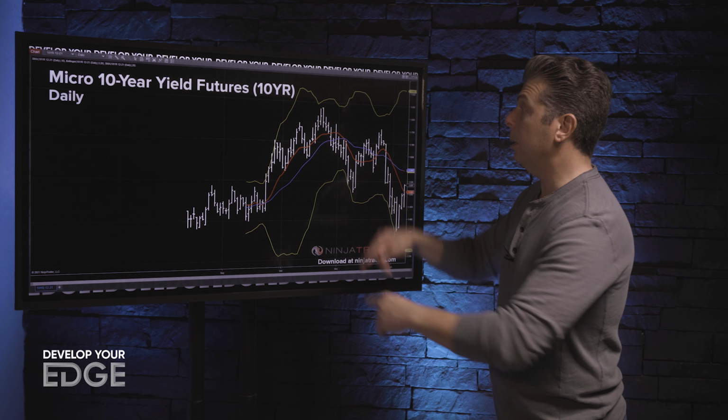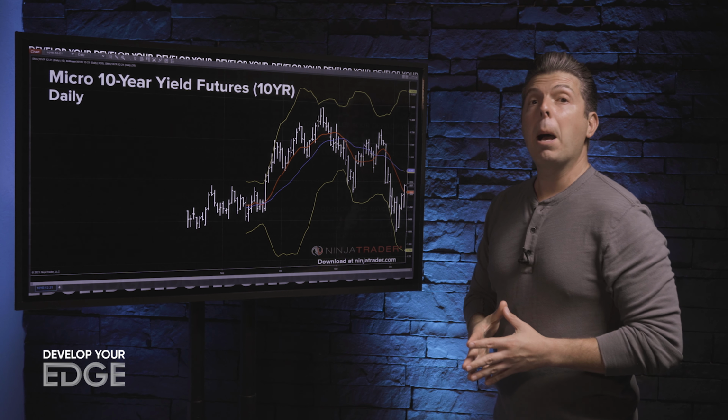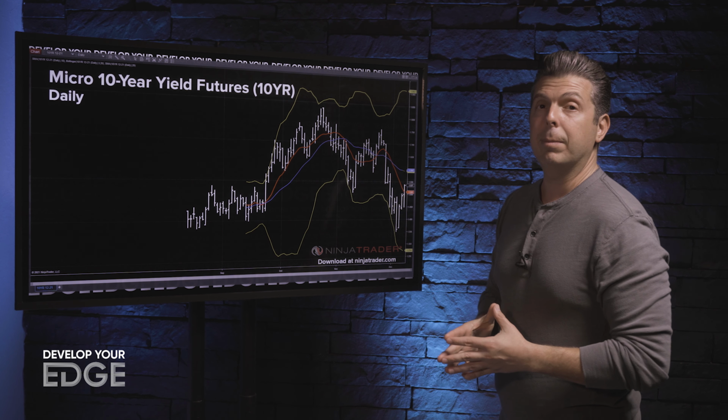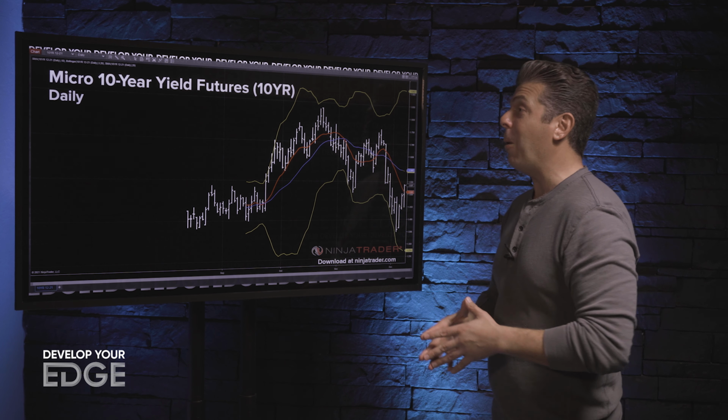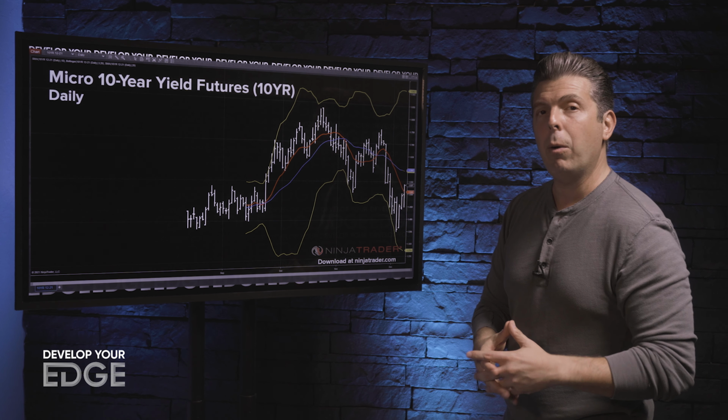Same old with the indicators: 20 period, 3 standard deviation Bollinger Bands. Red is the 10-day simple moving average, blue is the 20-day simple moving average. Not going to talk really about what I'm seeing technically in this market right now, but I want to point